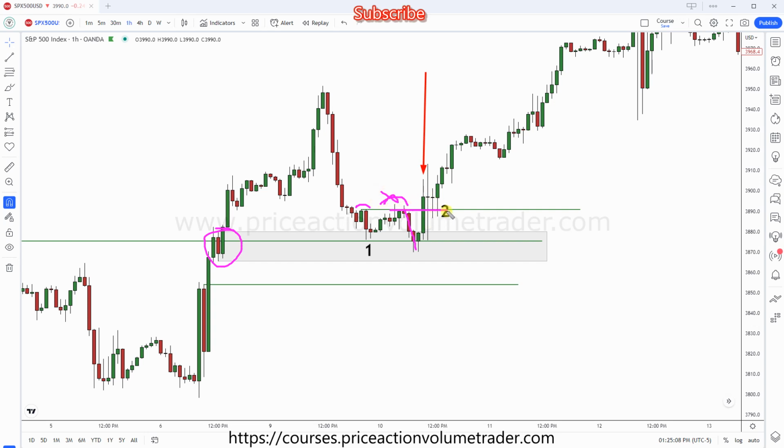And now we look for entries back into this broken swing level, and our stop loss would go just beyond the low that caused, in this case, the move up that broke the structure. And then we just go on from there. So this is a really nice example. And then over here,